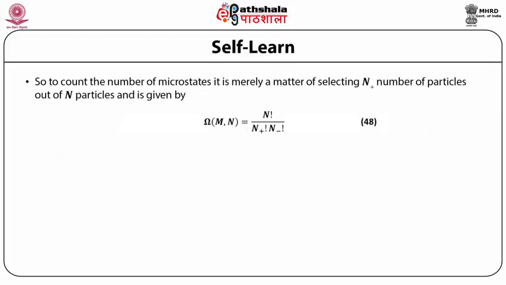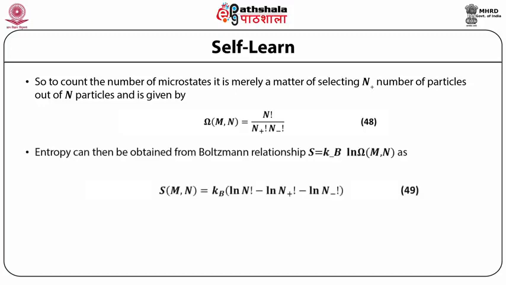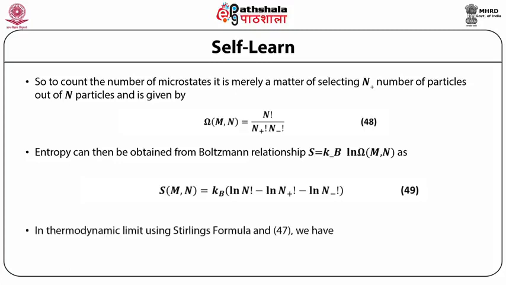So, to count the number of microstates, it is merely a matter of selecting N plus particles out of capital N particles and is given by Ω(M,N) is equal to N factorial divided by N plus factorial multiplied by N minus factorial. Entropy can then be obtained from the Boltzmann relationship S is equal to kB log of Ω(M,N) as S(M,N) is equal to kB log of N factorial minus log of N plus factorial minus log of N minus factorial. In the thermodynamic limit using Stirling's formula,